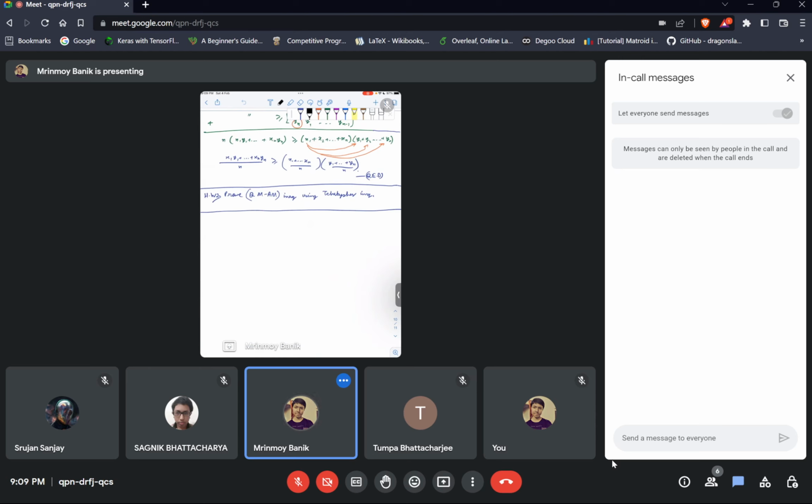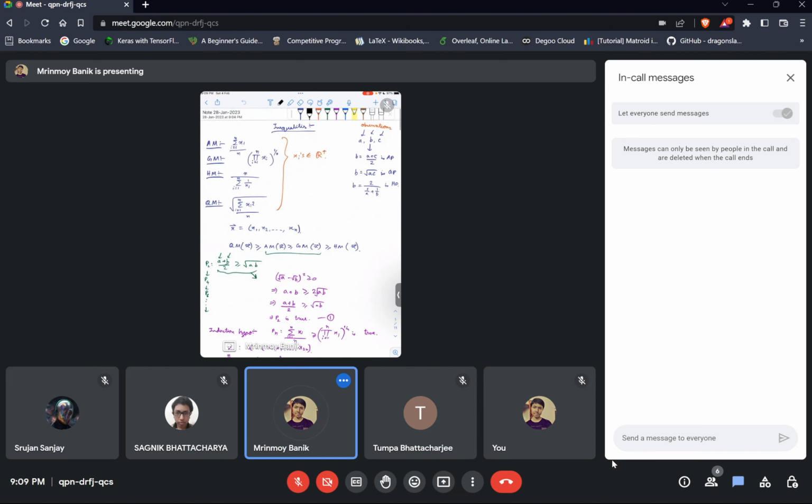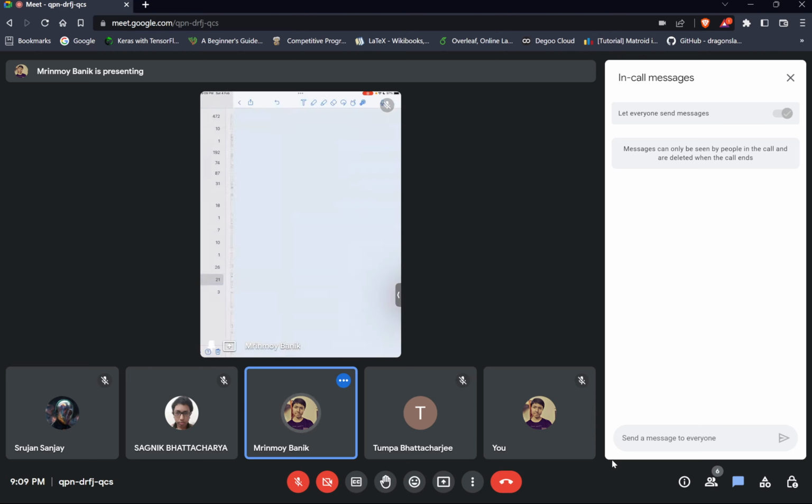Now, do you remember what the QM-AM inequality is? Well, let's go back. This is the quadratic mean, and this is the arithmetic mean. So let's write them down in a new page and start today's class. So the AM-QM inequality says